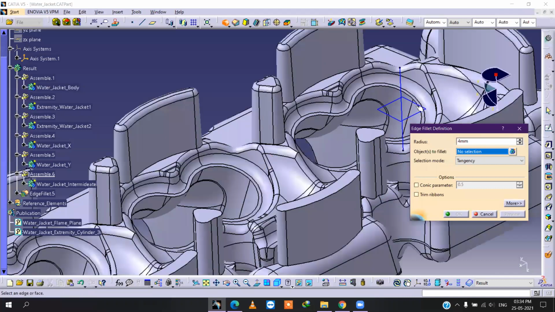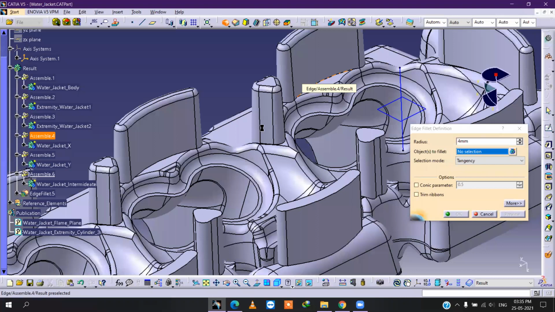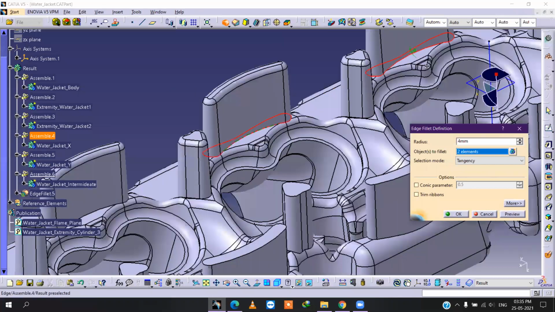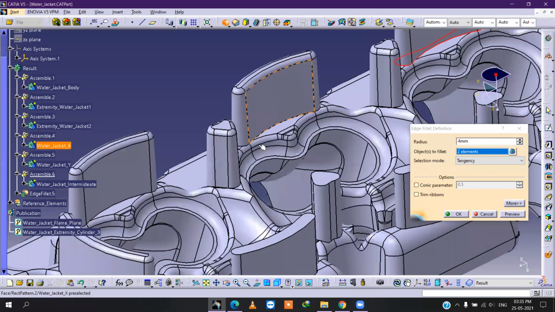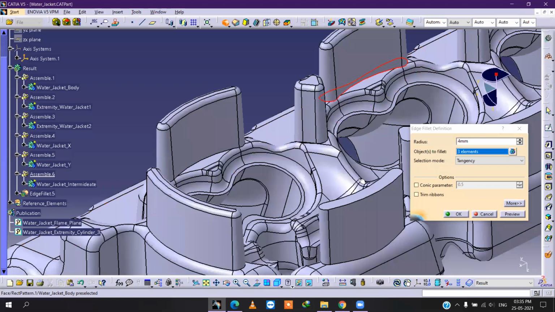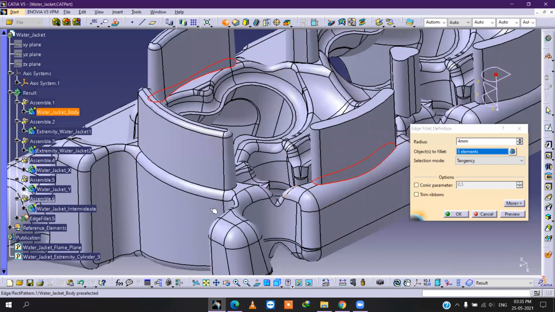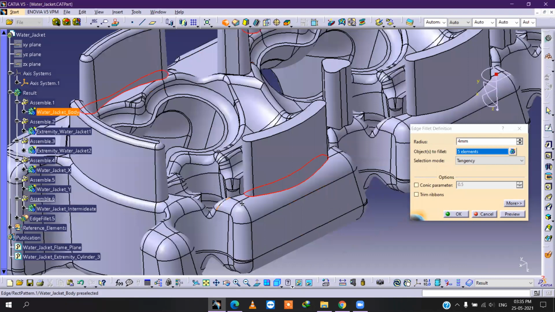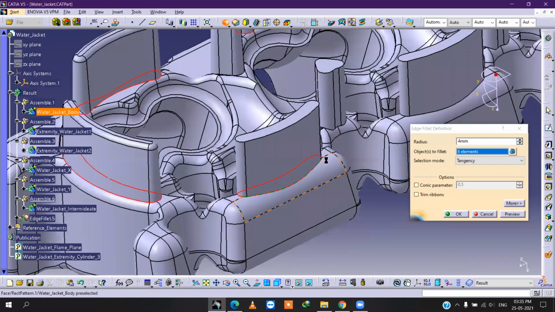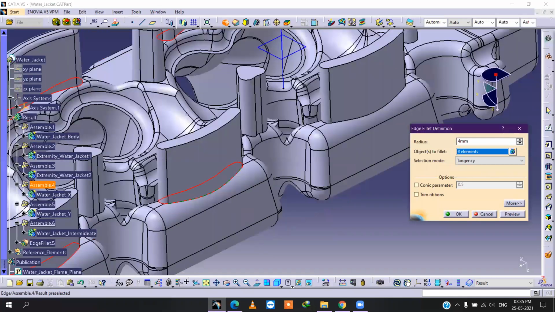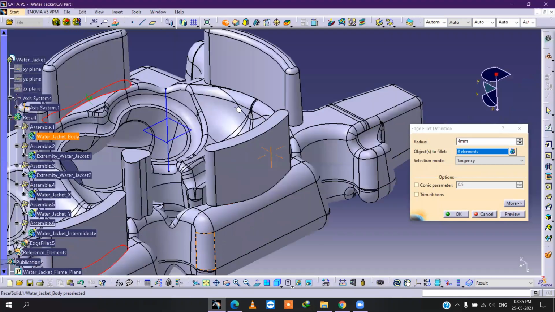This one, this one, this one, and over here. All the 10 edges we have to select.